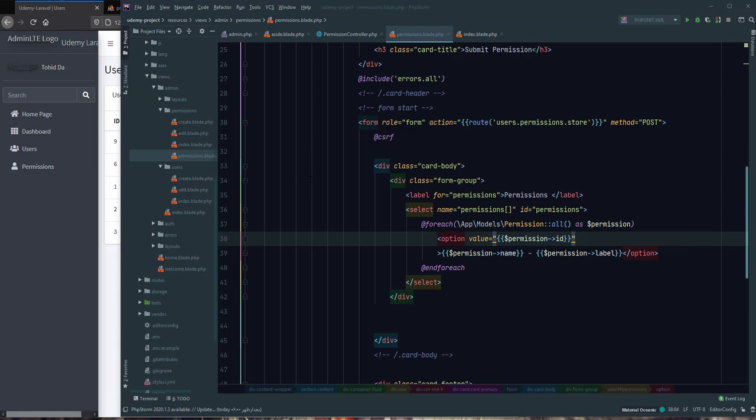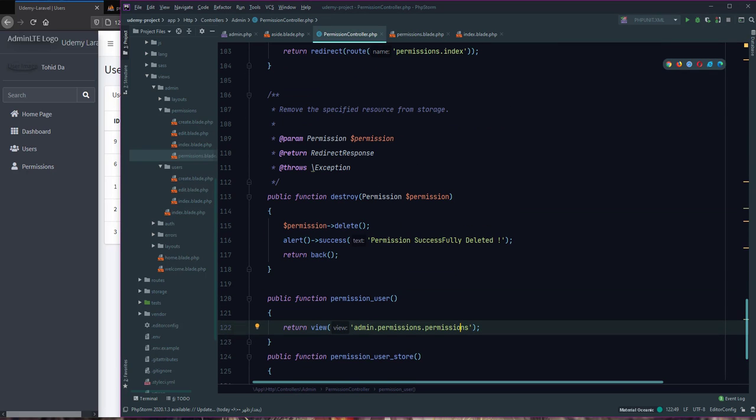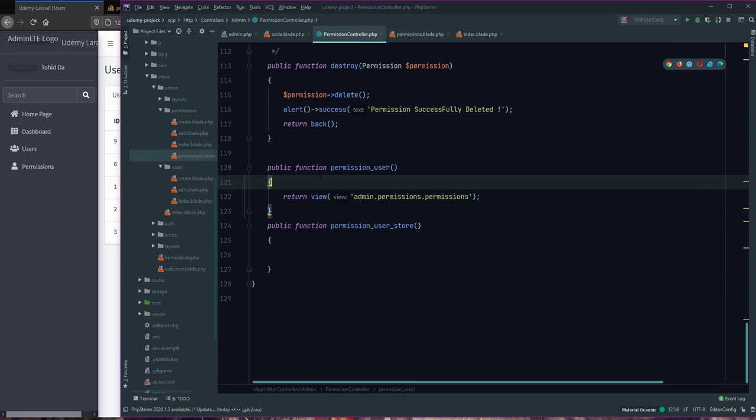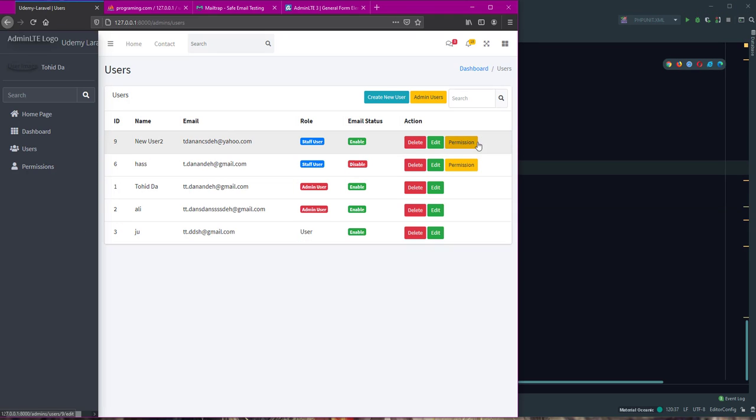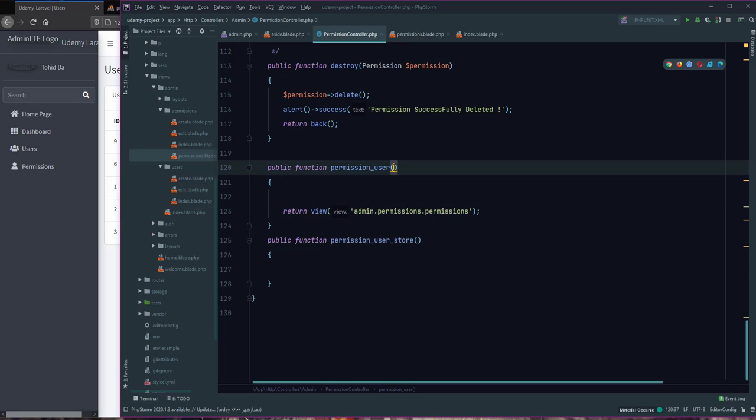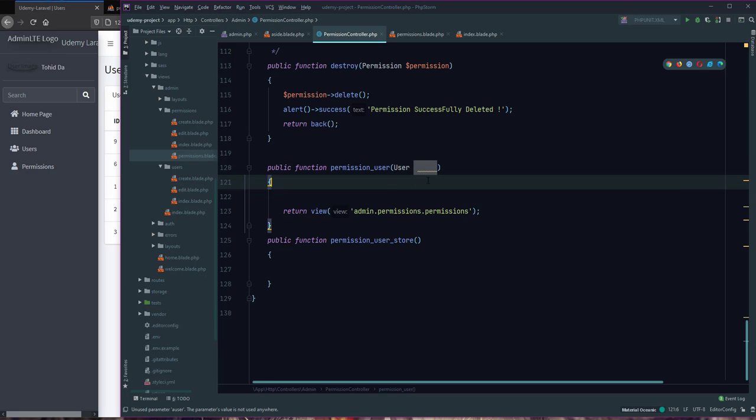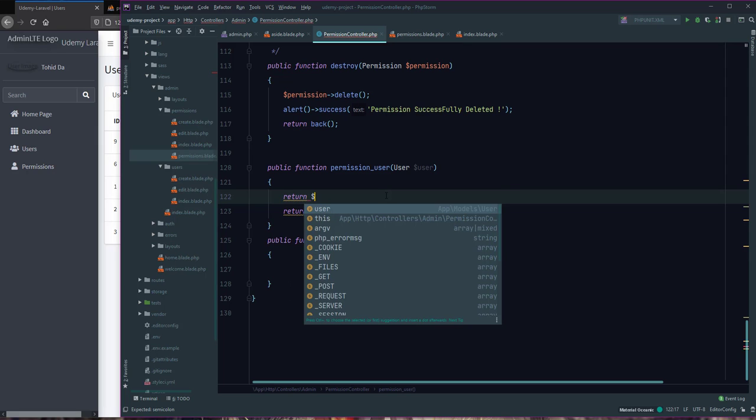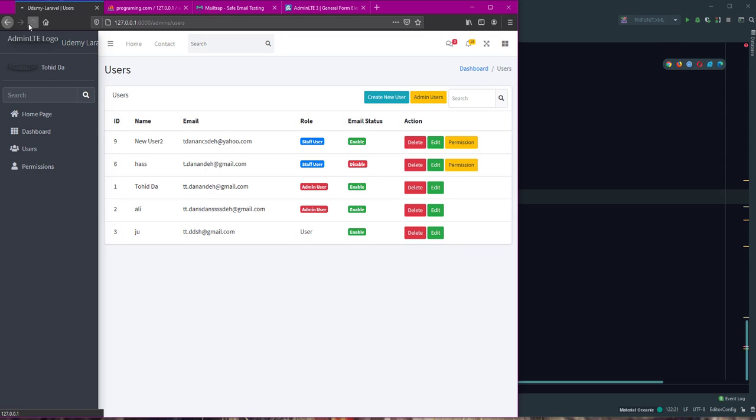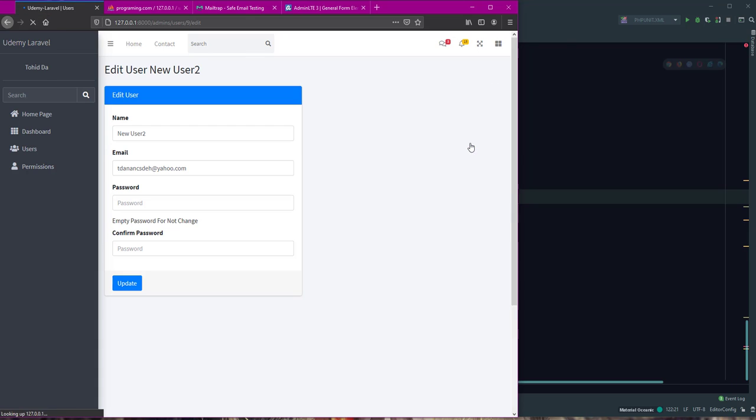Okay, I open permission controller and in permission user. In permission, if clicking permission, send it for me user. Use of $user, and in this I just return this user for test. Okay, if refresh and select permission, create edit user,